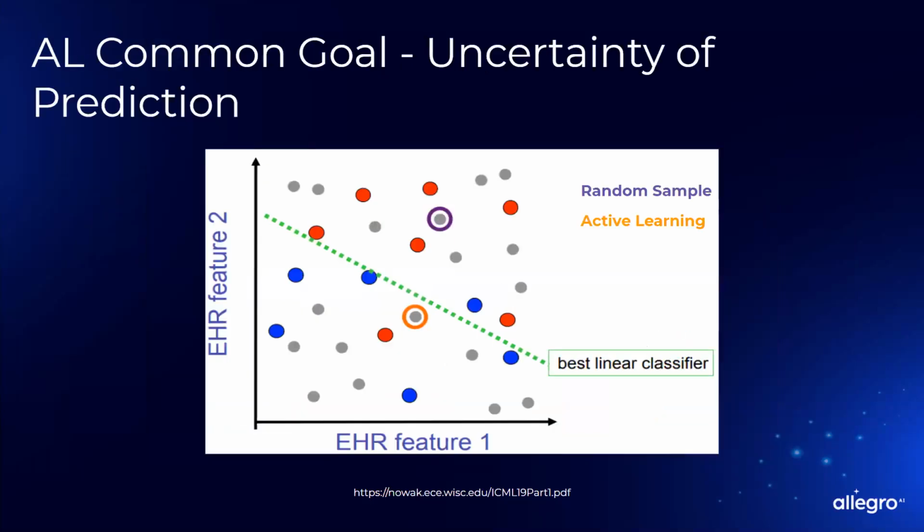And I like this image because it's an oversimplification of what it does. It comes from linear classifiers in machine learning. Assume that the color dots are labeled class 1 and class 2 when you're trying to find the best classifier that delineates between the classes. If you just pick, let's say, an image randomly, it might be this one. And this one is clearly a red image. But this image here might be blue, might be red. If this one is red, it's going to move the entire line. If it's blue, it's going to move the entire line. So we should label this one, right?